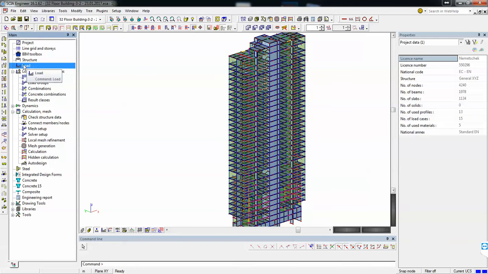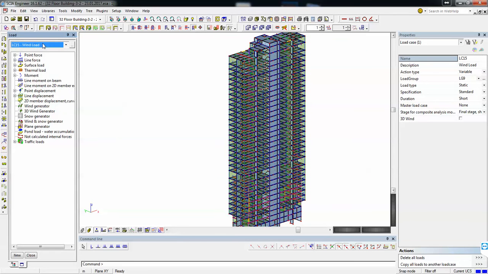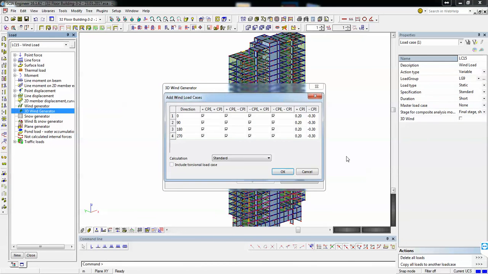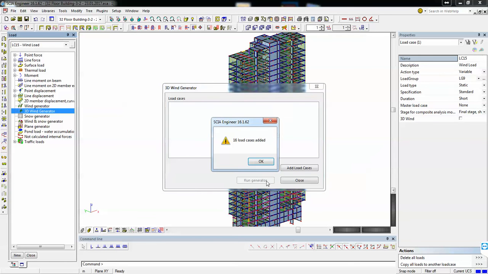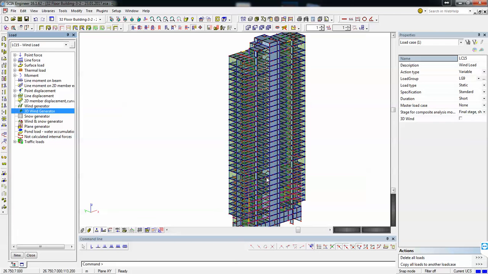And now I will generate the load. So I'll go to load, select any load, it doesn't matter, and click here 3D wind generator, add load case. I will add all of them and then run the generator and see if I have any errors.